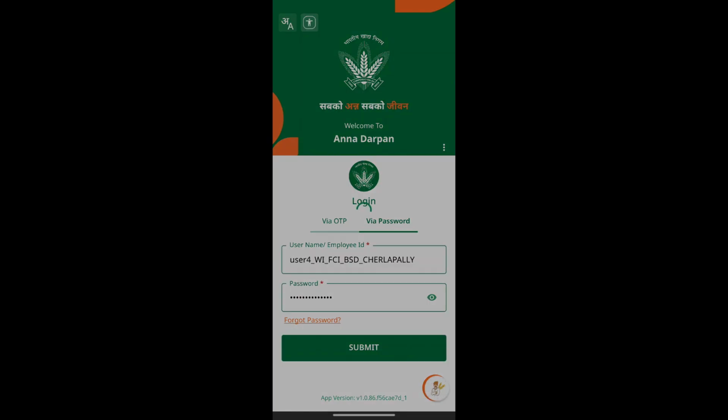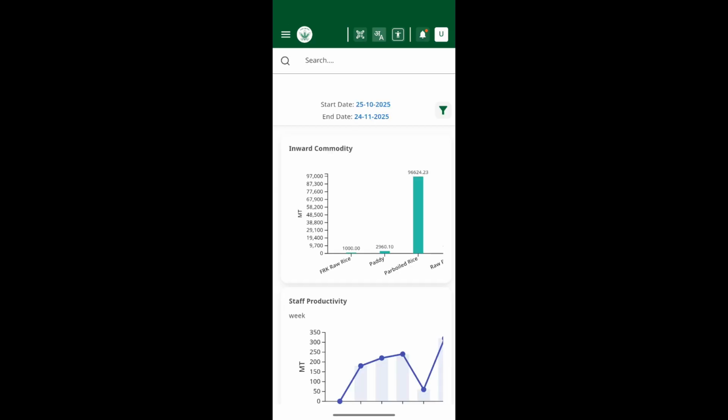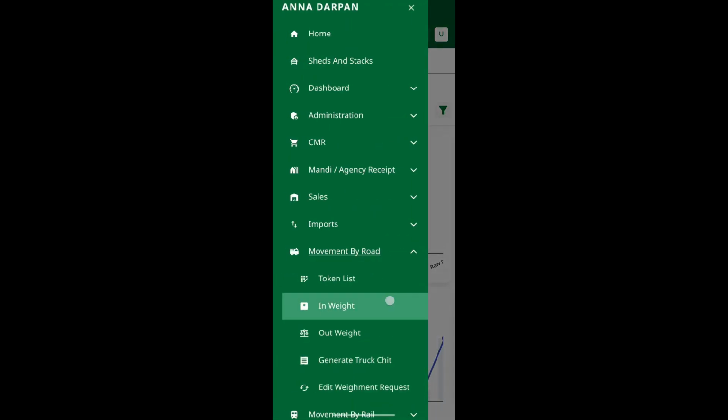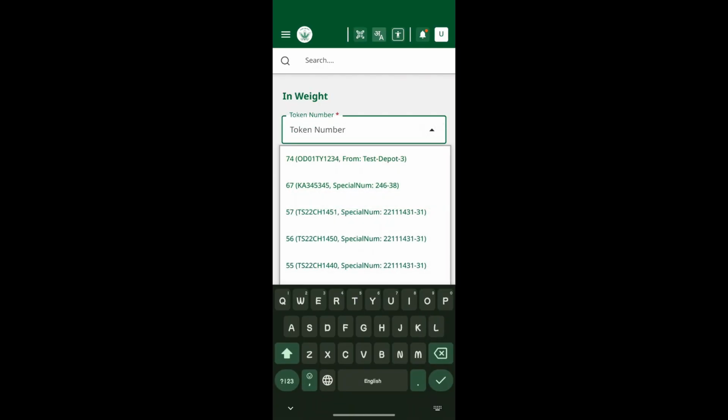The truck proceeds to the weighbridge. The weighbridge in charge selects the token under in weight, records the gross weight, selects stacks for stacking, and submits the form.